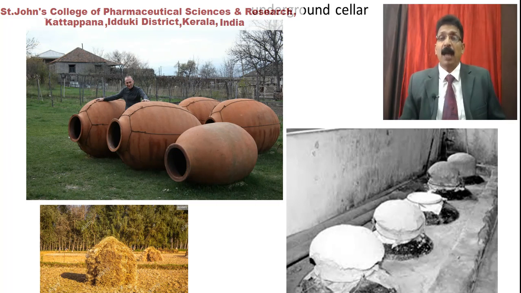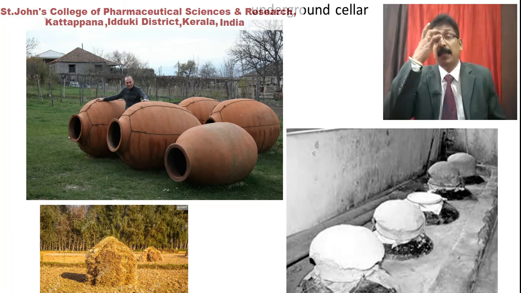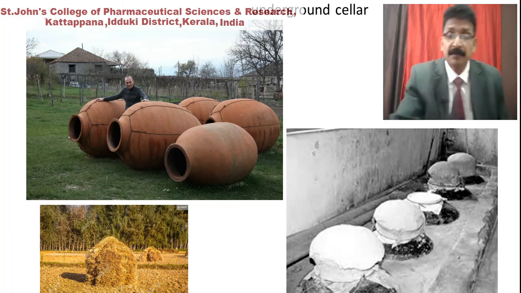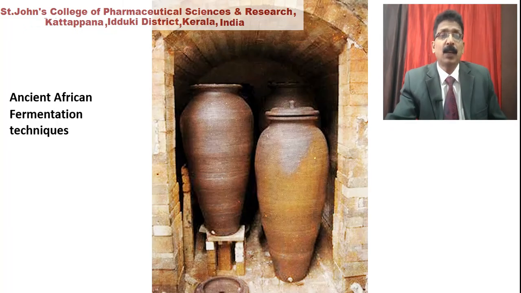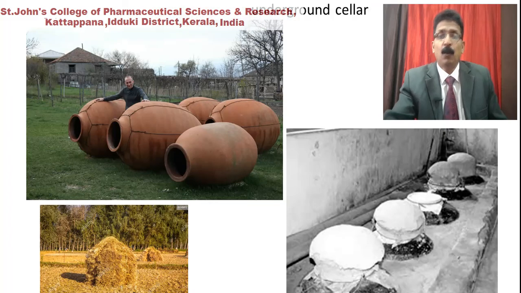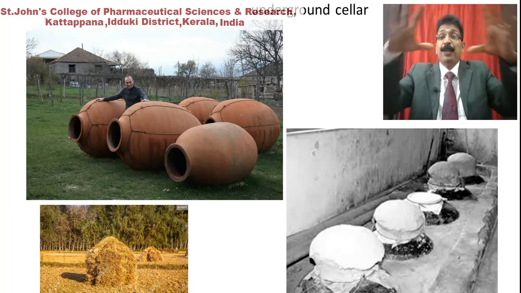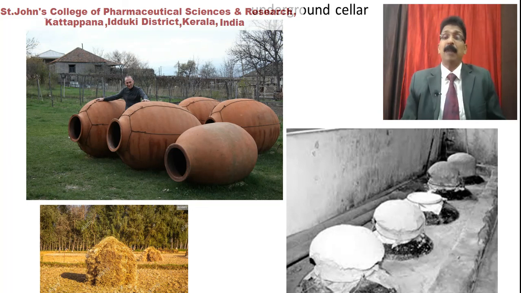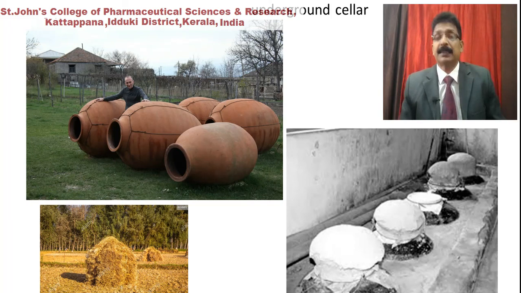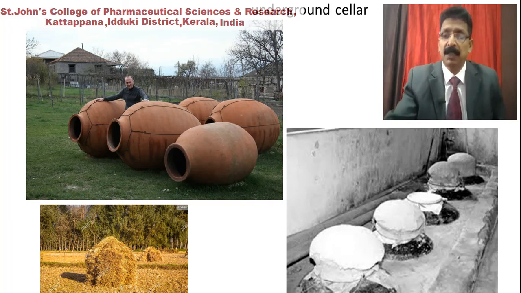And the temperature can be maintained by paddy, that means by hay. You can see here, you can see my cursor which I am showing. This is the yellow colored picture where you can see a heap of paddy, a heap from the paddy field. We have kept a heap of hay over that, and fermentation is done by maintaining the temperature. It is also possible by this means.